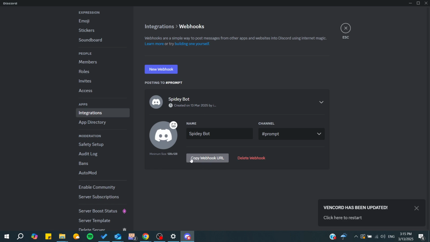Now you will need to copy the webhook URL. Make sure that this link stays secret and don't show it to anyone, because anyone that has this webhook URL will be able to start sending messages to your server or to any server without even being in the server. So we just need to copy the webhook URL, and after that